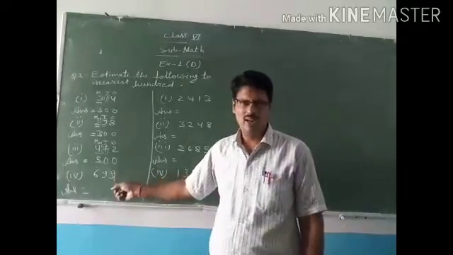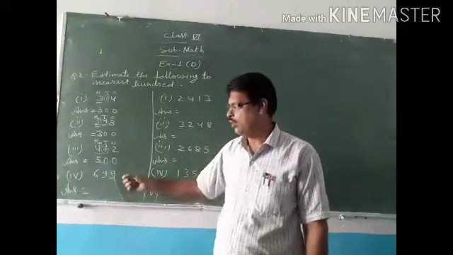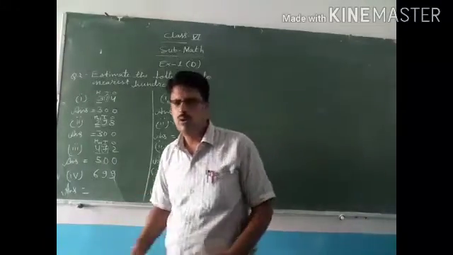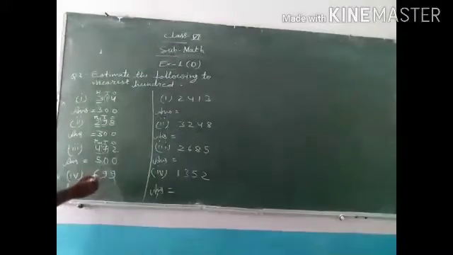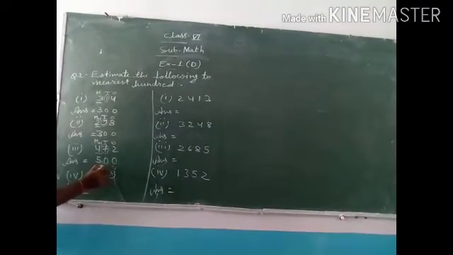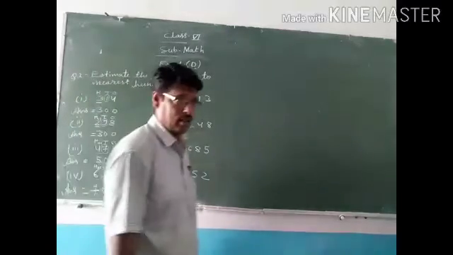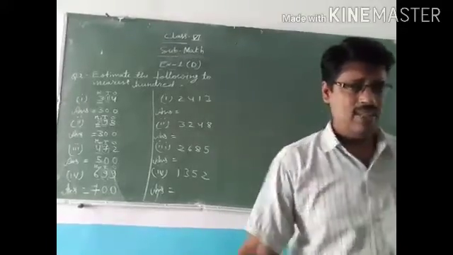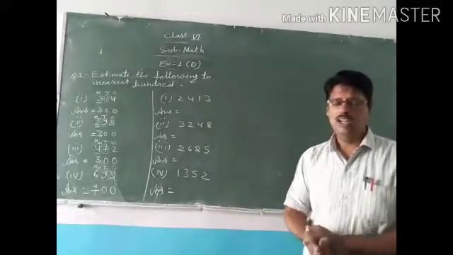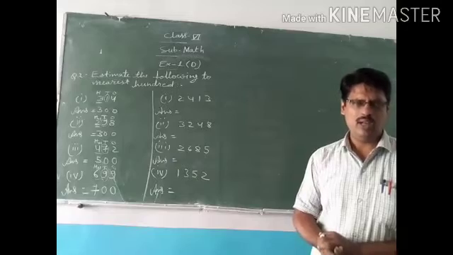But for remembering, you can also use the method which I am telling you. Which place do we have to round off? हमें कौन सी प्लेस को राउंड ऑफ करना है? 100 प्लेस को. So we will see the tens place. यहाँ क्या है? 9. It is greater than 5, so it will become 0, it will also become 0, and here plus 1 we will do. 6 plus 1 is 7. That means 699 comes between 600 and 700, and 699 is nearest to 700.